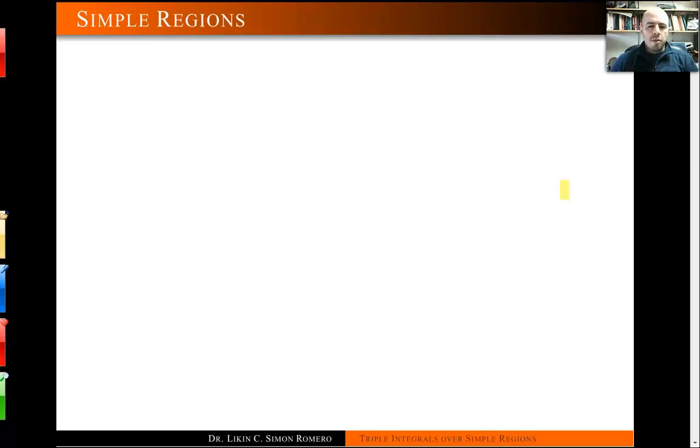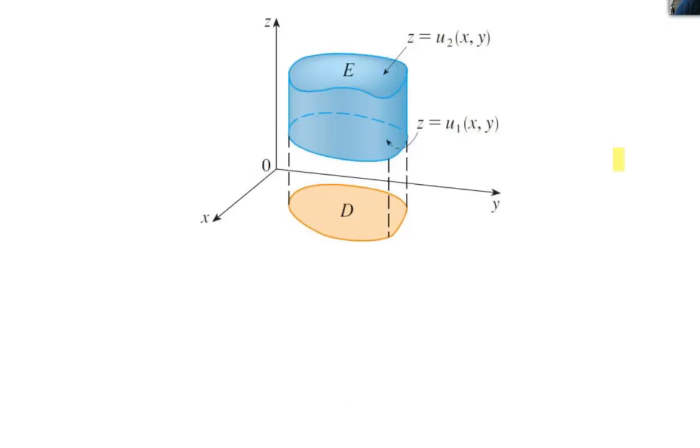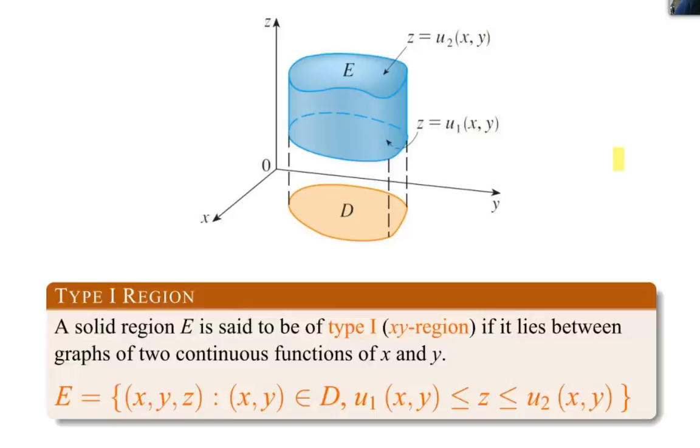First of all, what is a simple region? Similarly to what we did for double integrals, a simple region is a region such that one variable moves between two continuous functions of the other two variables. For example, a simple region is called type 1, or an xy region, if it lies between two continuous functions that depend on x and y. So in this case, z moves between two functions that depend on x and y over a certain plane region